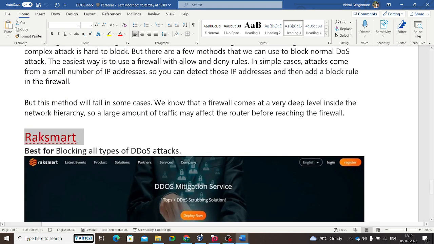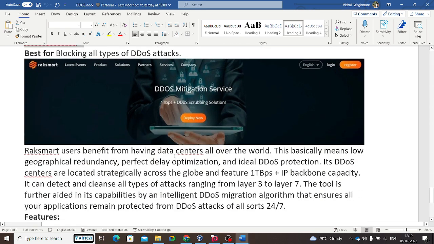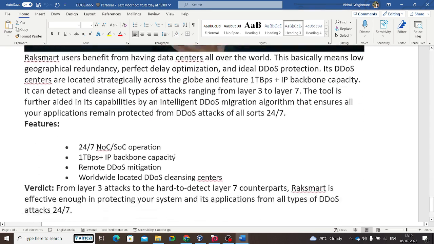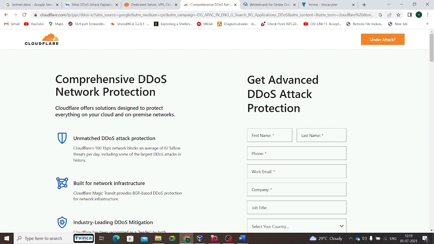Simple. Okay. And the next is countermeasures, like how to detect and prevent DDoS attacks. There are Radware and Cloudflare. Cloudflare is the best way to protect your system from DDoS attacks.